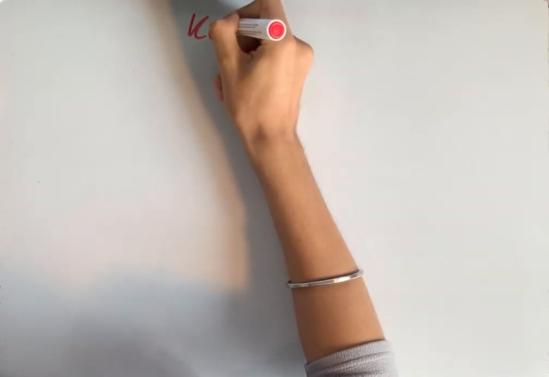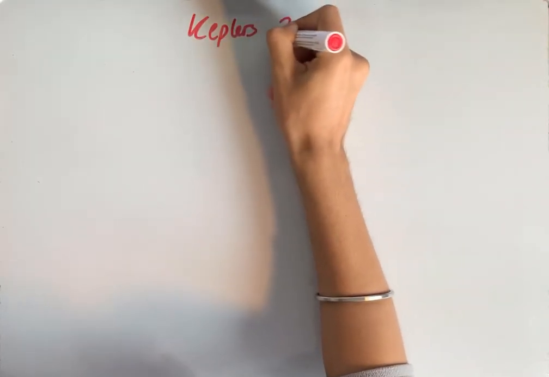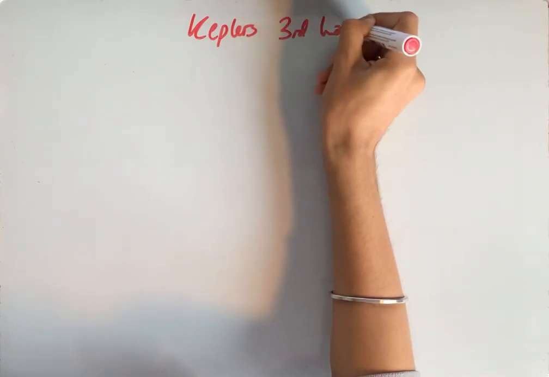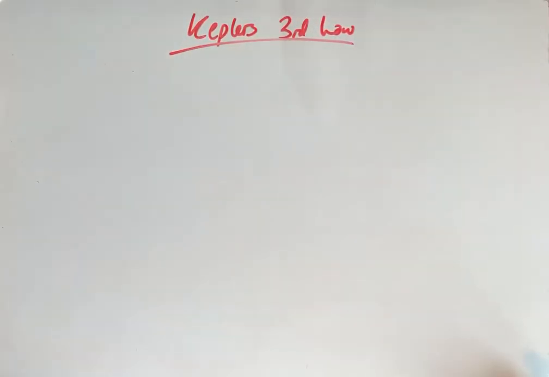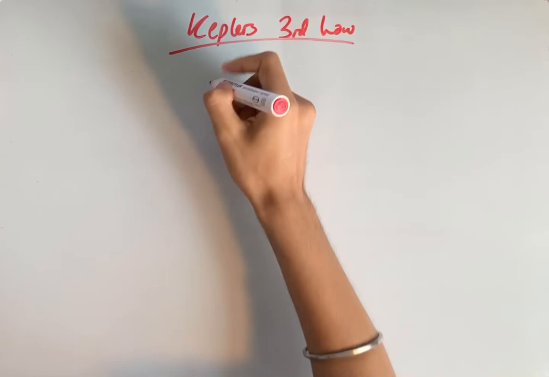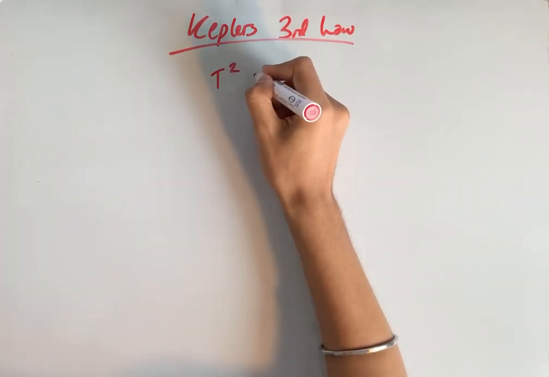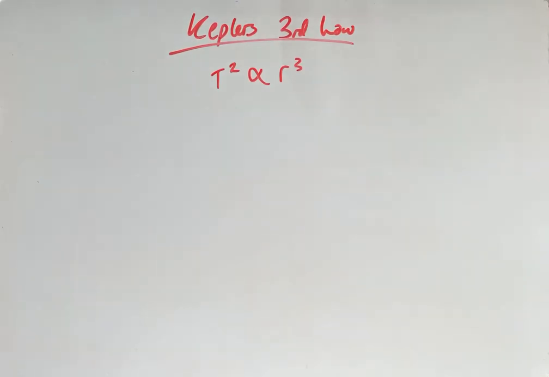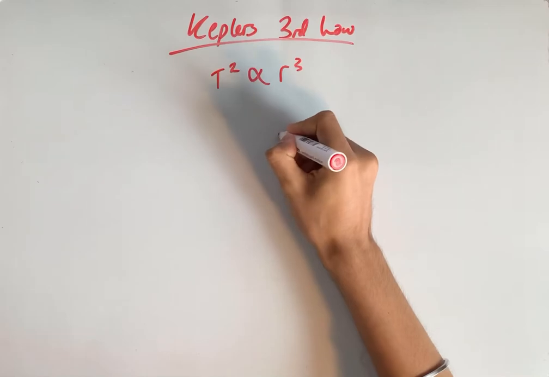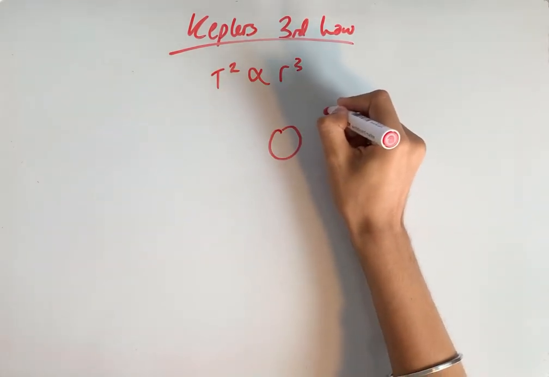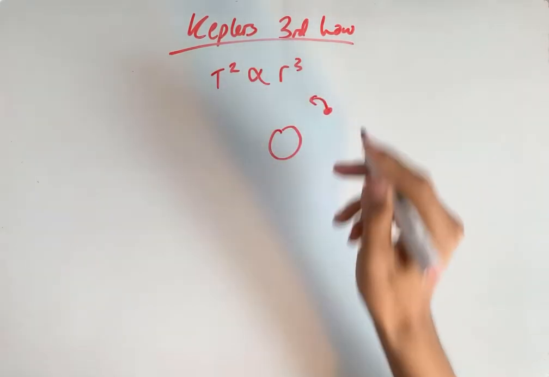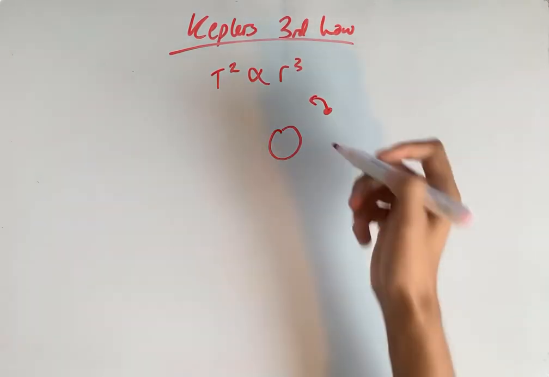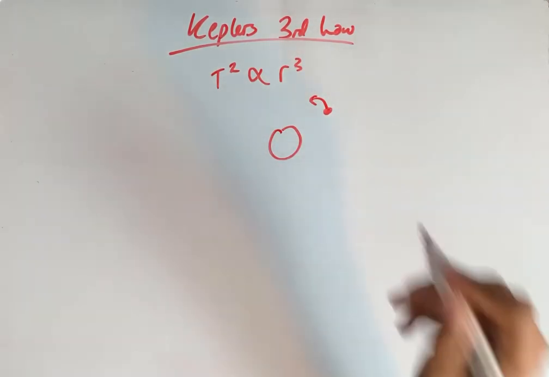Today I'm going to be deriving Kepler's third law of planetary motion, which states that for any orbit, the square of the time period of that orbit is proportional to the cube of the radius of that orbit. Now we can derive this by looking at one body orbiting another, one larger, one smaller, and we can say